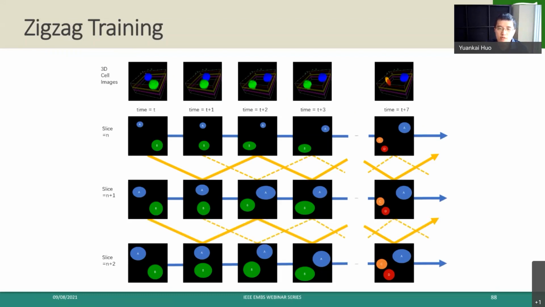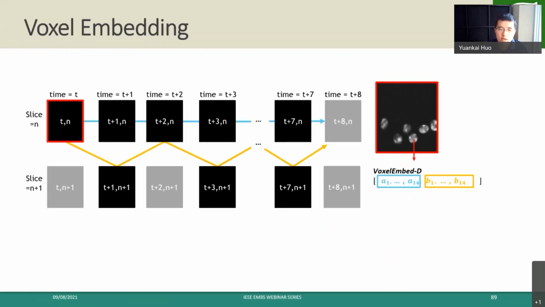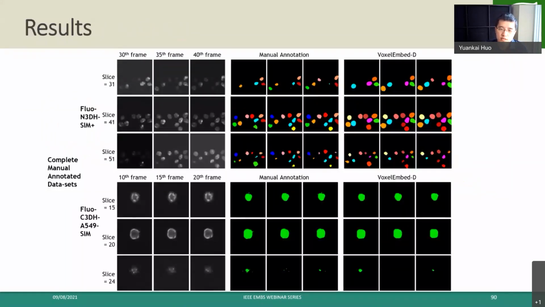this spatial temporal space. And by doing this type of training, we associate the 3D information using just a 2D network. And for each pixel, we have an extra 3D embedding beyond the traditional 2D embedding. So we call it voxel embedding. By doing this, we achieve 3D cell instance segmentation and tracking using a 2D network in an end-to-end training framework. And this network can be run using a single GPU without introducing